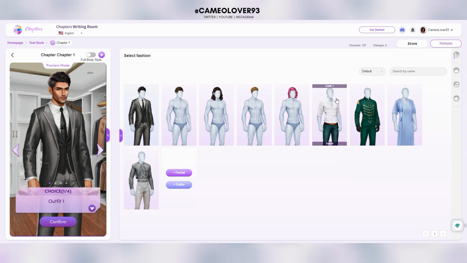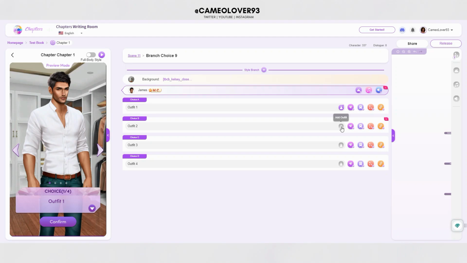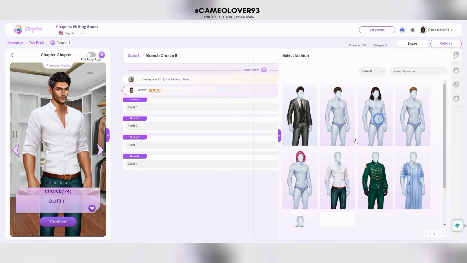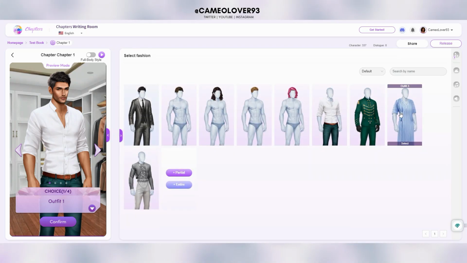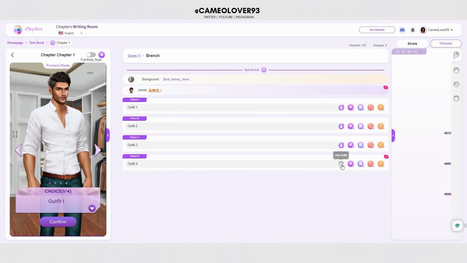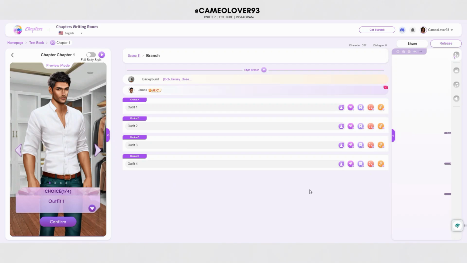And we're on the clothes option, so we're gonna go outfit 1, outfit 2, outfit 3, outfit 4. All right, so now that this is done, what I'm going to do now is create a very